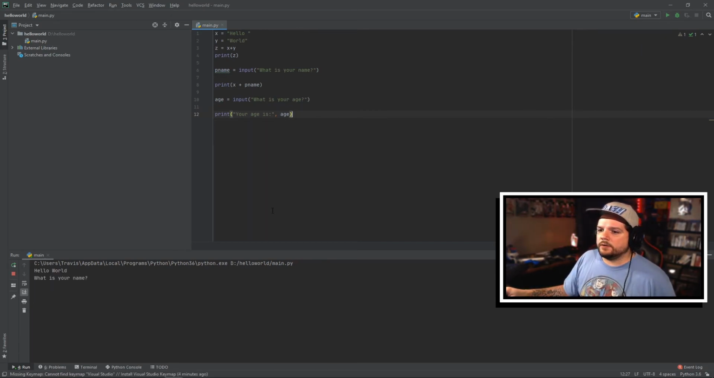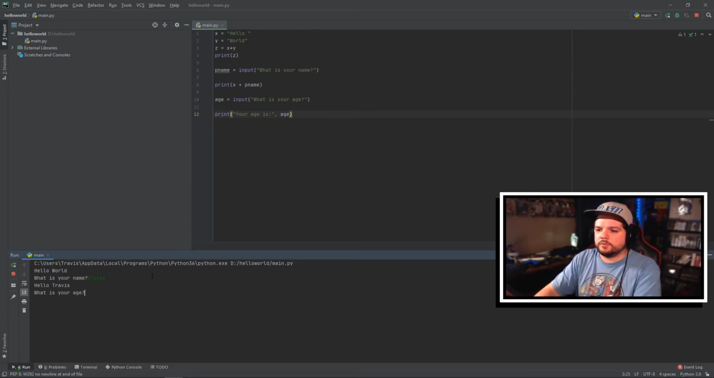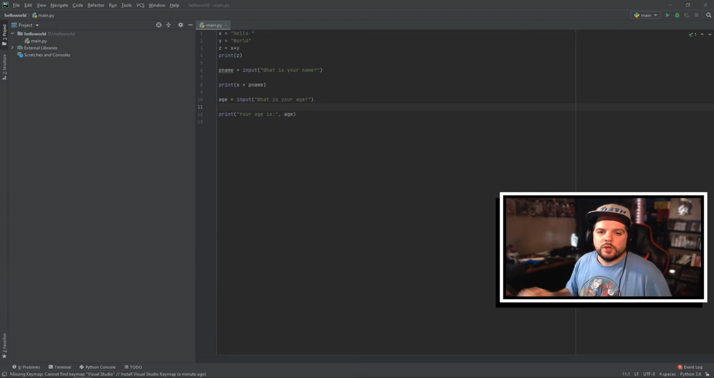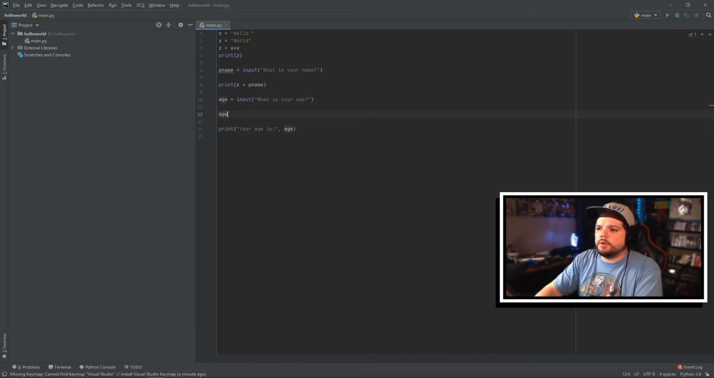We can run this now. So I'm going to type Travis. Hello Travis, what is your age? I'm going to put 500. And so your age is 500. It came back correctly. So let's say we want to take the age and actually do some math operation with it. As we showed before, if you do math with a string though, it just repeats the string. So what we need to do is convert this over to an actual integer. So for example, if we did this at first, say like age in months,